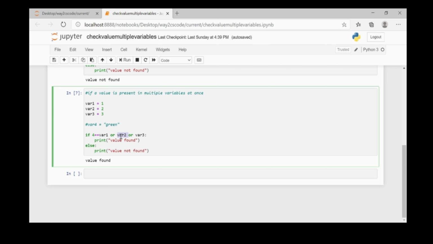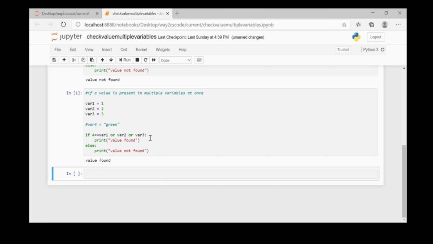Then here it will check if variable 2 is present with a non-zero value. It won't compare variable 2 to the value 4. It will only check if variable 2 is present with a non-zero value. And here we have variable 2 which is present with a non-zero value. So it will evaluate to true, and then it will say value found. So if I run it, it says value found.